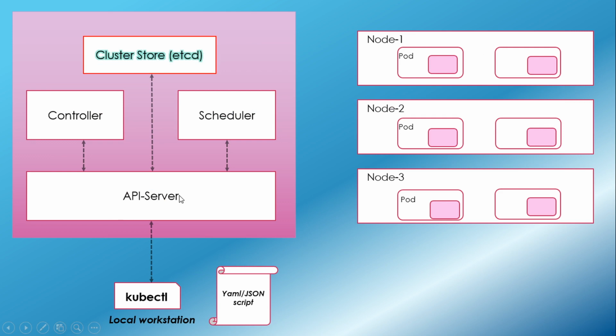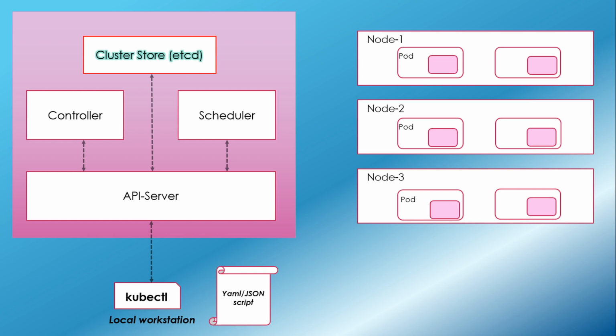Now the API server will communicate to the kubelet. The scheduler won't talk now, because the scheduler's job is to schedule the manifest to the appropriate node, which is nothing but a healthier node. Then the API server will take care of that again. The API server will communicate to the kubelet: "Hey kubelet, what about my pod? What about my manifest file? Is it running? If yes, please let me analyze and give me the status of the pod."